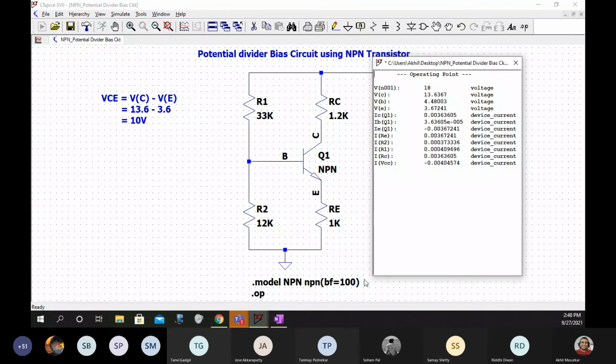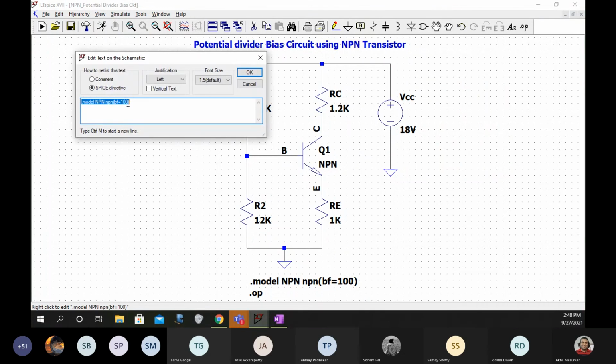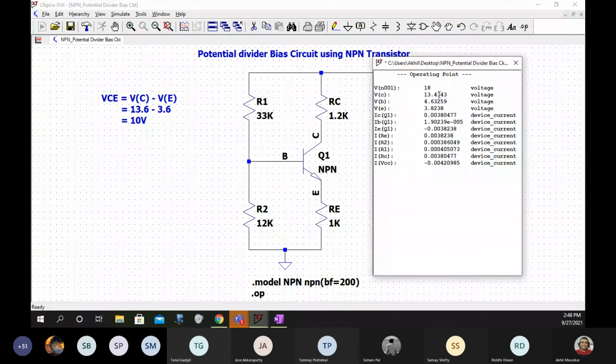Now let's try this for another value of beta. Let's double the value of beta and simulate this. So you can see again the value of VC did not change much, and IC is also in the same range.